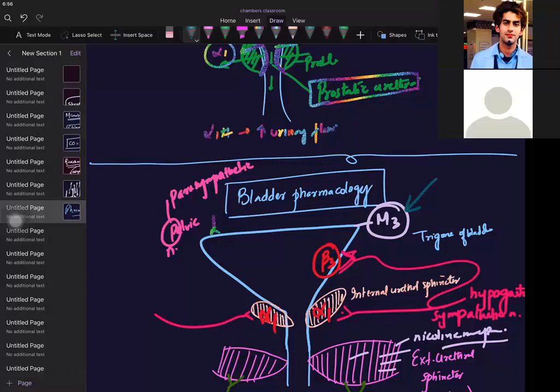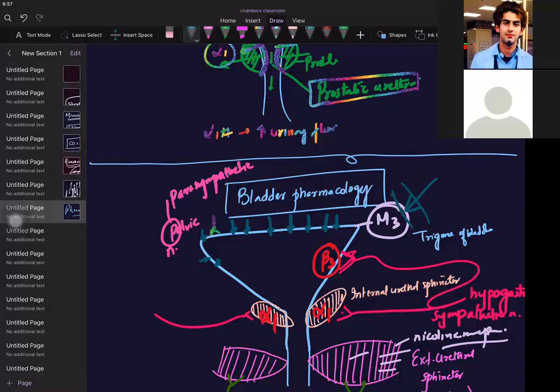You are saying Gq. That's a beautiful answer. It's Gq coupled. Gq, QIQ, M1, M2, M3. That's how I told you to remember. I gave you every mnemonic, but you are not using it. So when you are stimulating the M3 receptor, it will tell this detrusor muscle to please contract, please pass the urine. But when I am inhibiting this receptor, when I am giving a blocker, what will happen? I will actually relax the detrusor.